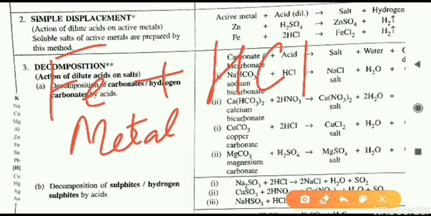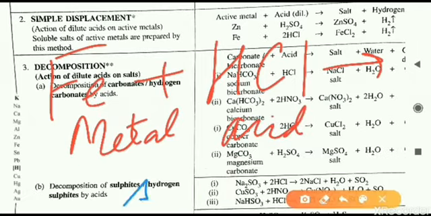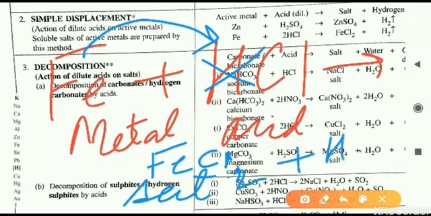So an active metal will react with acid, and what we get is called a salt. Which salt will we get? Iron is replacing hydrogen here, so we will get another salt, that is FeCl2. That depends on the valency of iron. If FeCl2 is given as the salt, that means iron should have valency 2 here. Next, what is liberated outside is hydrogen gas.